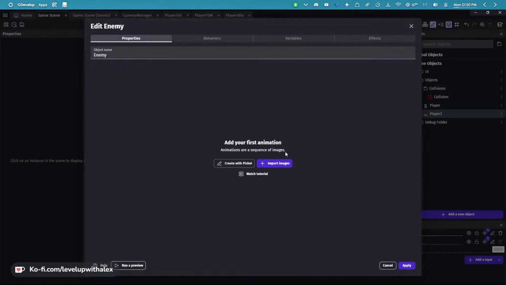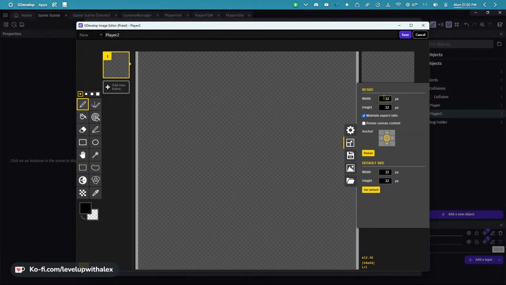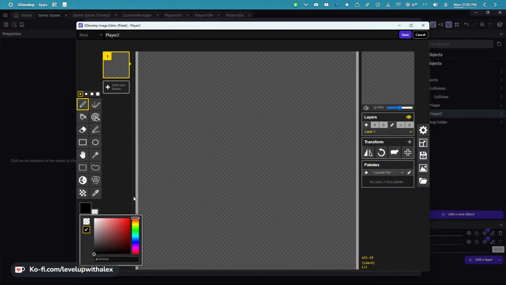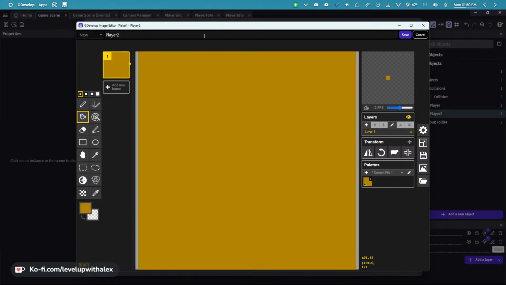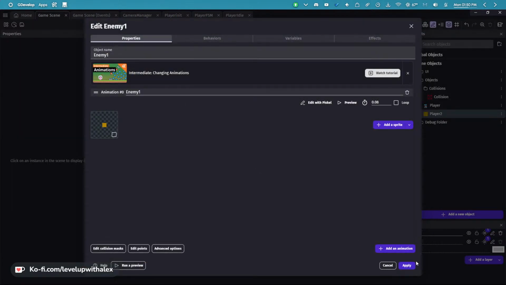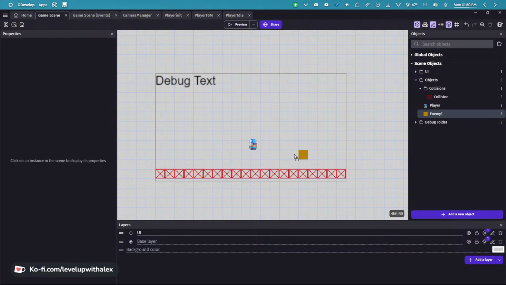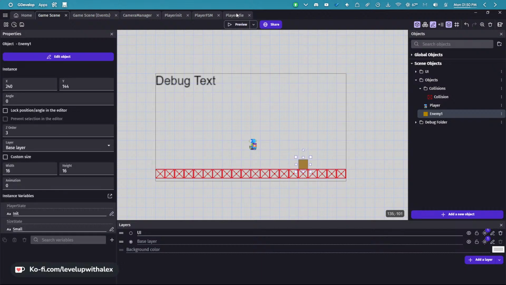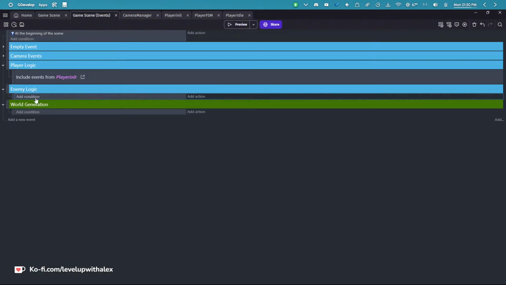Enemy. We're going to go to import images. And actually, we're just going to make it with Piskel. Sorry. We're going to go back and make sure that every time we open Piskel, it's 16 by 16, resize. And then we're just going to take a color, let's say orange-ish, orange-brown. And we're going to fill that in. And this is now the enemy. Enemy 1. Okay? So now we have enemy 1. And we put enemy 1 on the game scene. And now in the game events, under enemy logic,